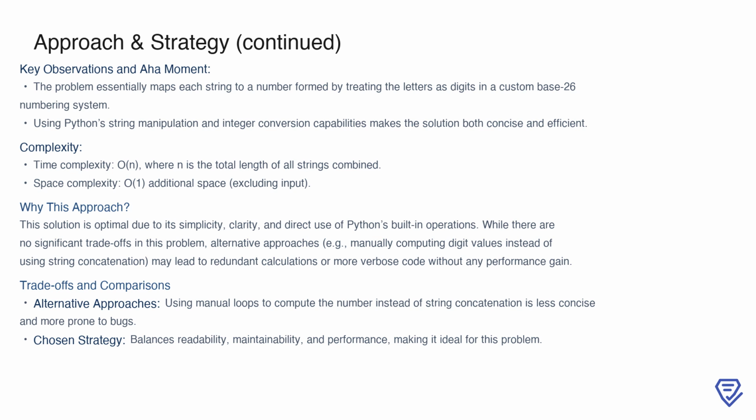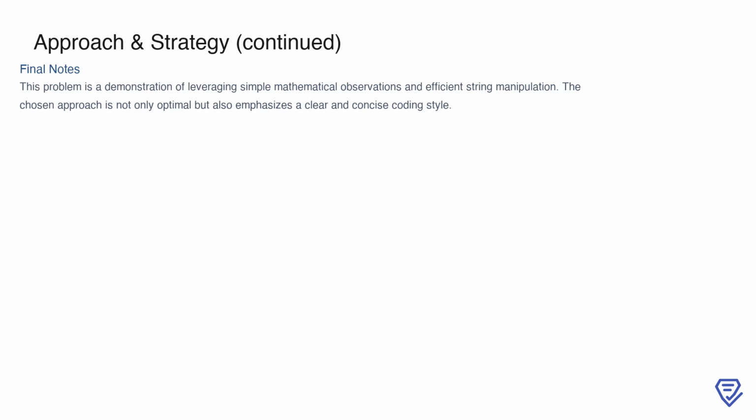for this problem. This problem highlights the power of applying simple mathematical observations and efficient string manipulation techniques in programming. The chosen approach demonstrates how to solve the problem optimally while maintaining a clear and concise coding style. By mapping letters to digits and treating strings as numbers in a custom base, we arrive at a solution that is both elegant and efficient. This reinforces the importance of leveraging built-in language features to simplify implementations without sacrificing performance. Overall, this problem serves as a great exercise in combining foundational concepts with practical coding techniques to arrive at a